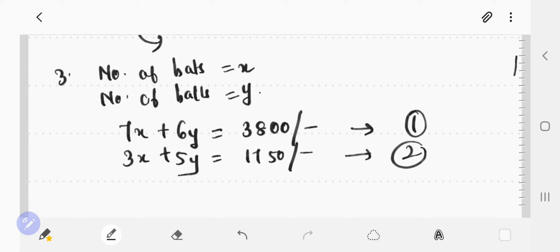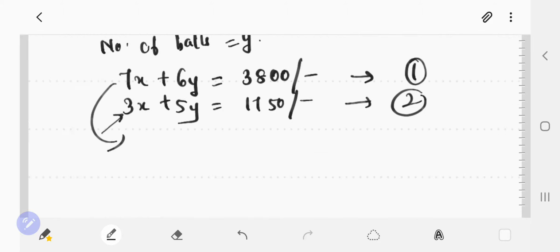Like this you got two equations, and in a similar manner as I have taught you, substitution method is the best method. You have to take your first equation, make any one as a subject, either x or y, and that subject you have to use in your equation number 2. If you have not understood the substitution method, then you have to go through the previous video which I sent you yesterday, so that the points are more clear. Then I'll jump on to problem number 4,